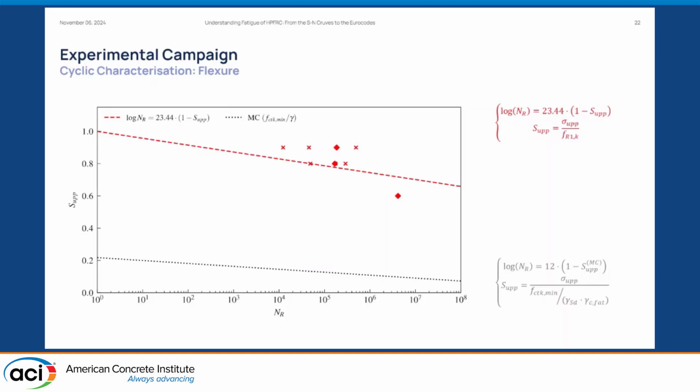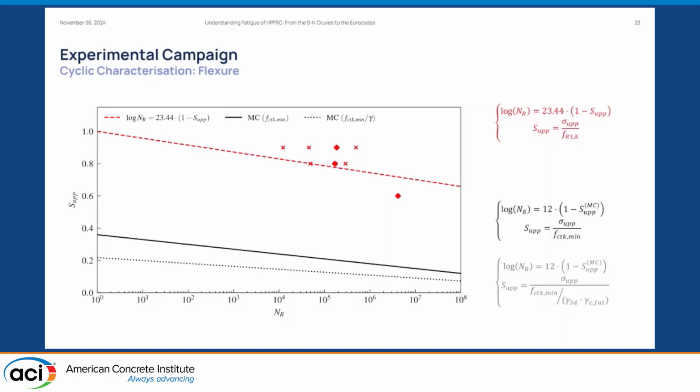And here they employ a similar shape for the S-N curve, of course a different coefficient, but the important part here is that they employ a different load level definition, which is defined with respect to fctk mean, the tensile strength of concrete, which made sense, of course, for reinforced concrete, because it's very brittle under tension, but maybe we can think of something else for fiber-reinforced concrete. Again, this is the same curve without considering the load amplification factor and the safety coefficient.